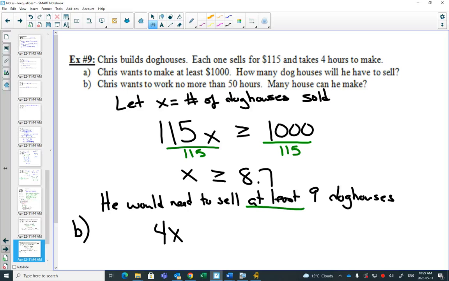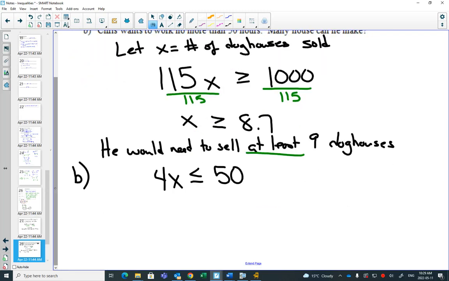That'll be how long he'll have to work, and he wants that to be no more than 50 hours. Less than or equal to. So divide both sides by 4. x has to be less than or equal to